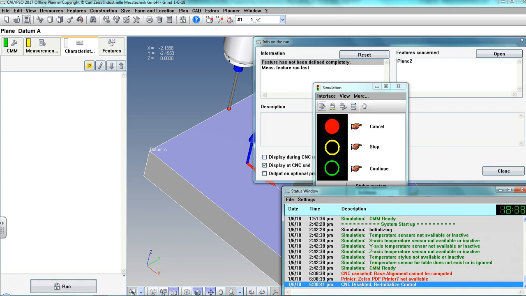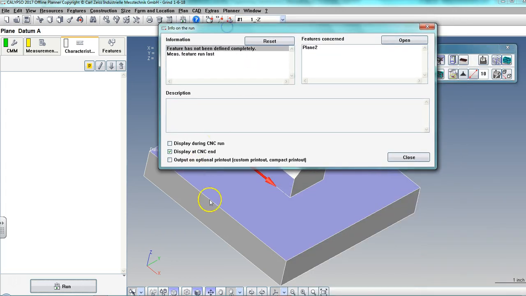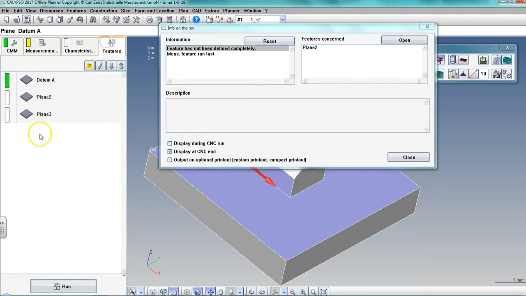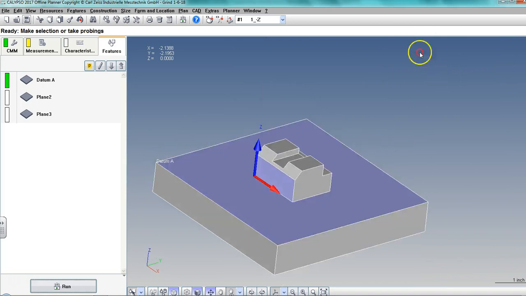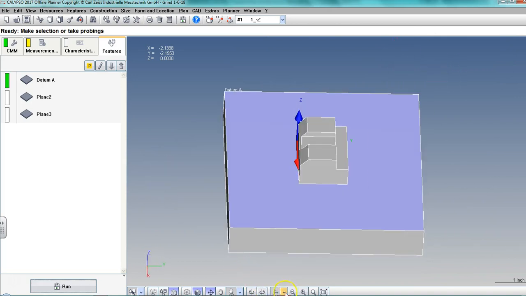CNC canceled. Base align cannot be computed. Well, that's partly because feature has not been completely defined. Okay, so that's why I couldn't finish it, because if you remember, I only did one feature. Okay, but I wanted you to see that I can do something and then I can see what it does. So let's go ahead and